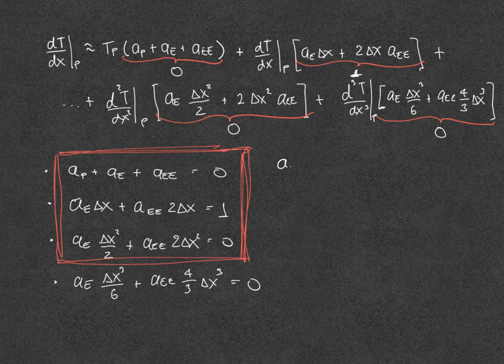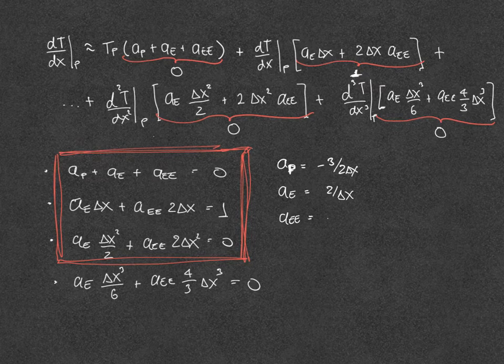Or let's say AP, sorry, AP is equal to minus 3 over 2 delta x. AE is equal to 2 over delta x. AEE is equal to minus 1 over 2 delta x. This is also in parentheses here. And this is the result of the equations. Okay, so you can express everything